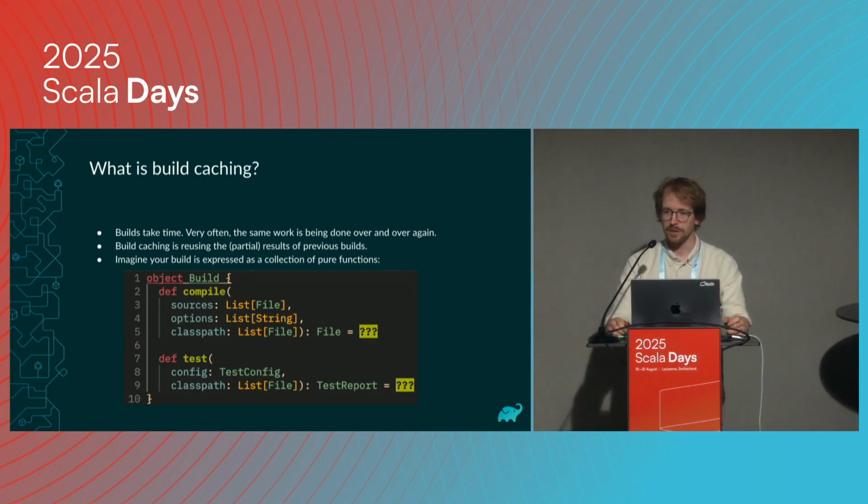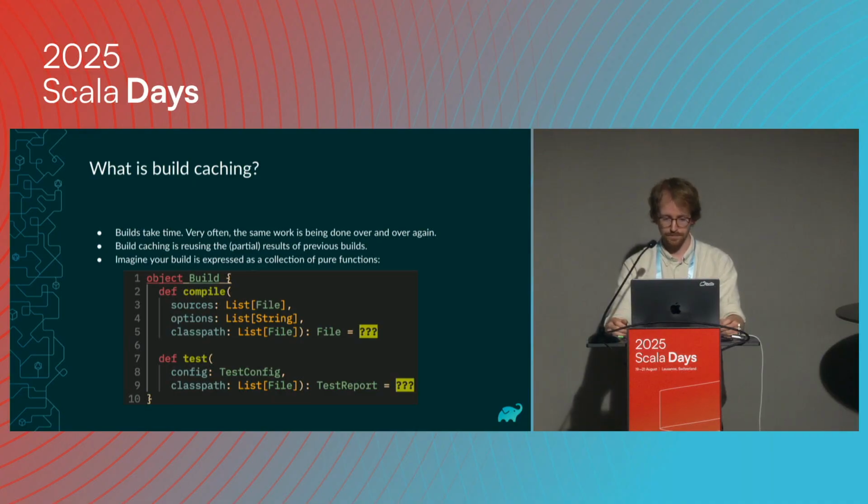So what is build caching? I think we can all agree that building takes too much time. And one of the reasons for that is that most of the time, the same work is being done over and over again. So we execute the same test, we build the same sources that our colleagues or CI machines already built, and so on. The idea of build caching is to reuse some of those results or the entirety of those results if nothing